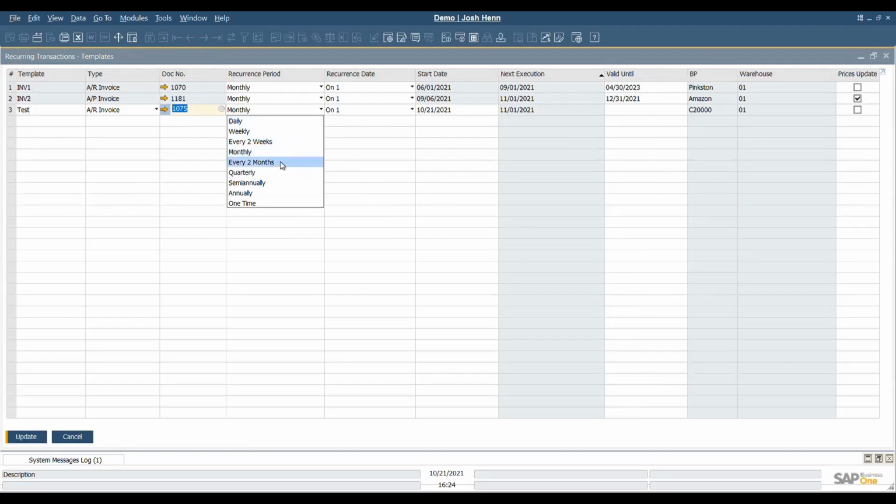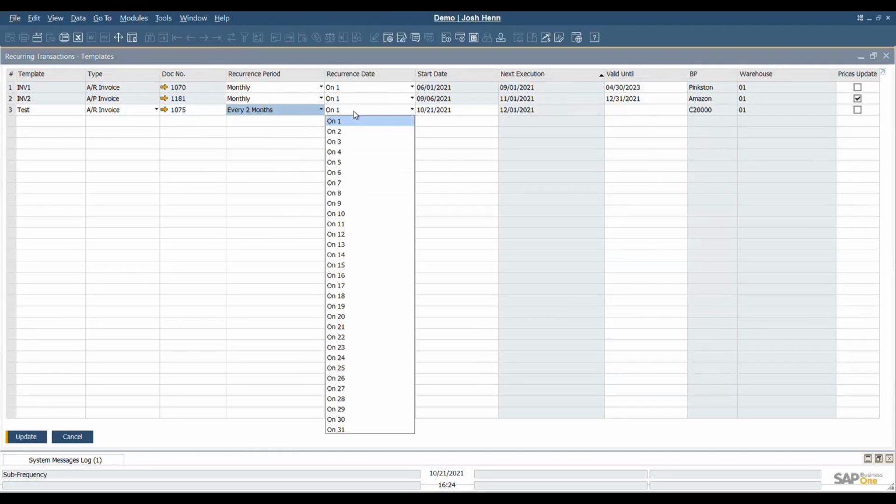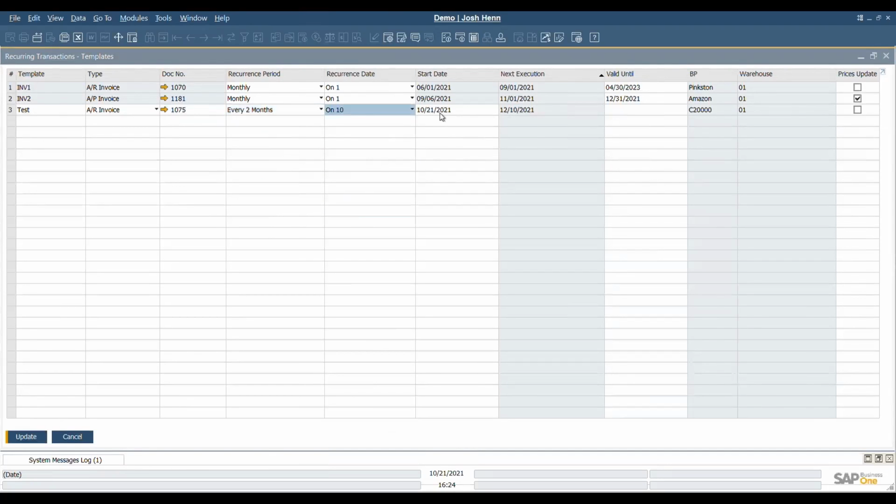For this one, I like it every 2 months. So the customer wants to buy 5 new printers every 2 months. Then we can set the recurrence date on the date of which we'd like to have the current recurring transaction post.